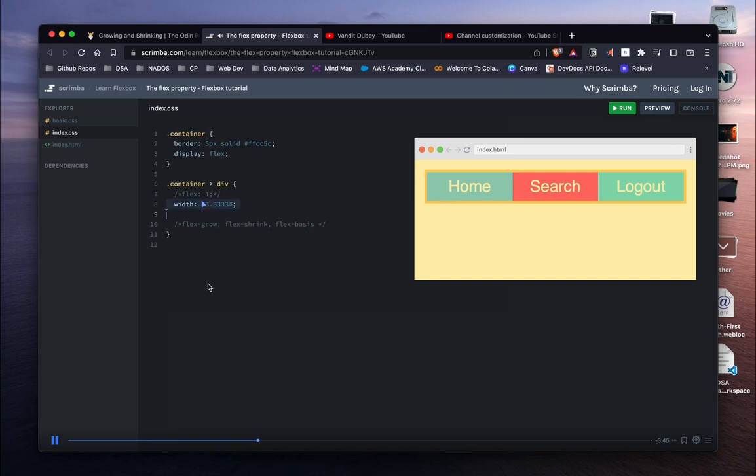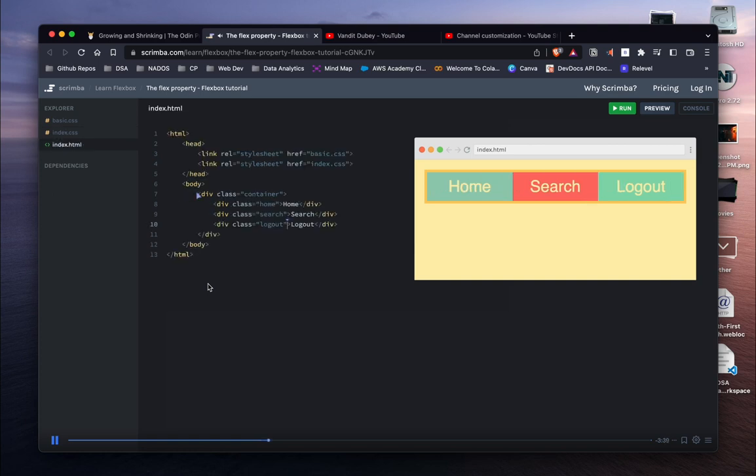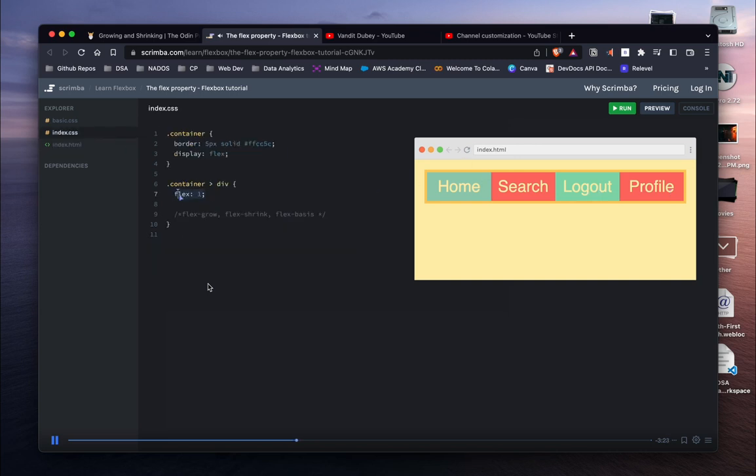So let's actually try that out. We'll turn on the flex again, and let's simply add a 4th item here. We'll call it profile. Let's run the code. And as you can see, Flex automatically allocates space for all of the items according to how we've specified it here. Now each of them take up 25% of the width, and they grow and shrink with the